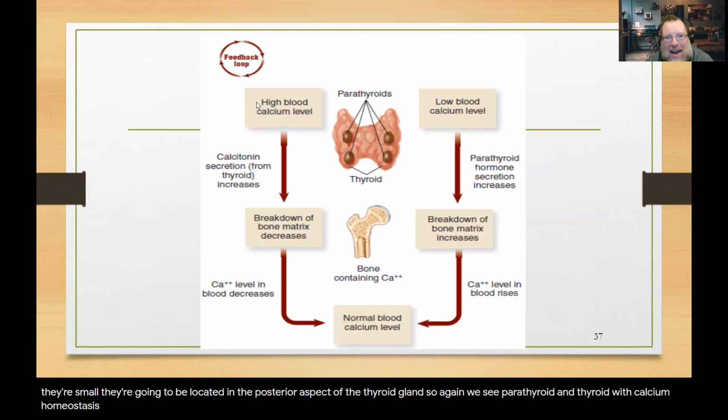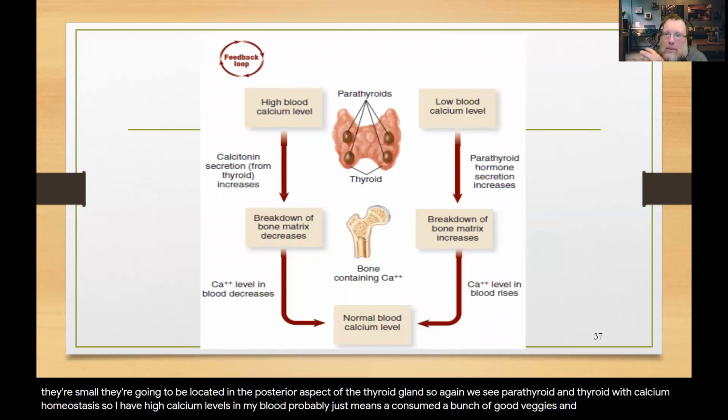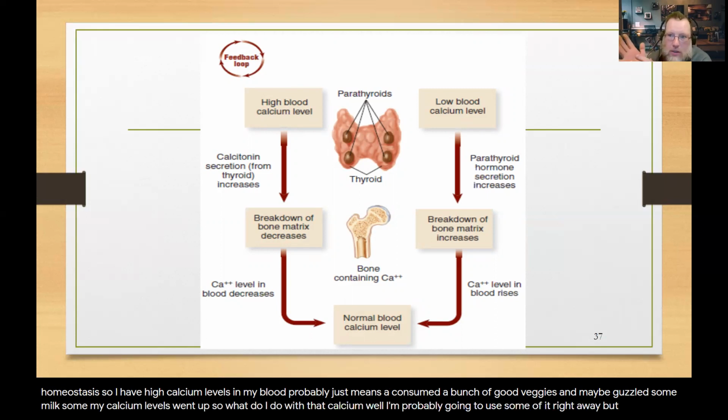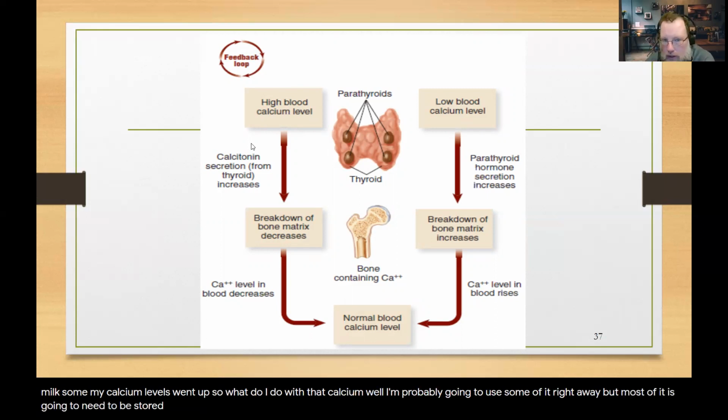So I have high calcium levels in my blood. Probably just means I consumed a bunch of good veggies and maybe guzzled some milk. So my calcium levels went up. So what do I do with that calcium? Well, I'm probably going to use some of it right away, but most of it is going to need to be stored. So calcitonin from the thyroid is going to be released and trigger the storage of that calcium to